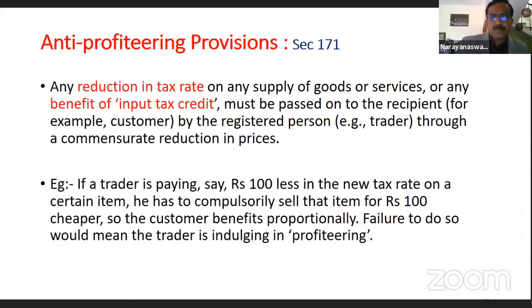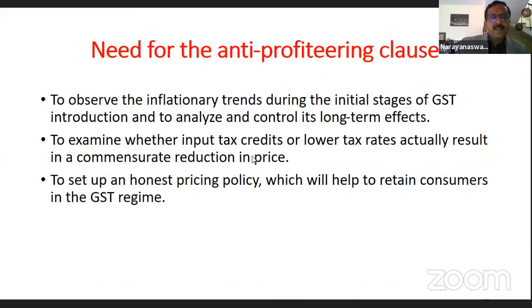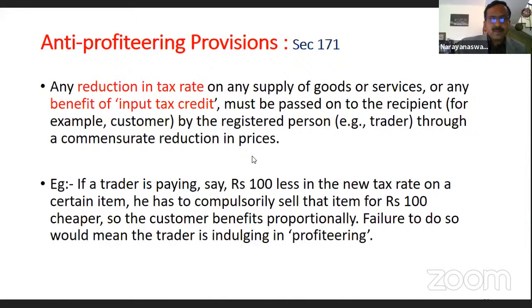So a lot of companies like Hindustan Lever, all those, they have not reduced the prices, so they have been made to pay 300, 400 crore each. In view of these anti-profiteering provisions, the due credit should be given to our taxpayers. Our inflation never went beyond what it was normally. So that credit should go to the whole business community.